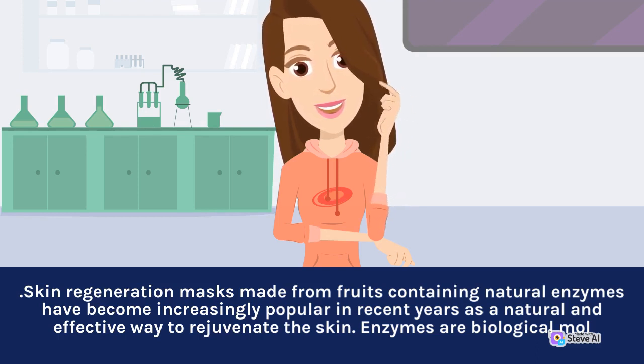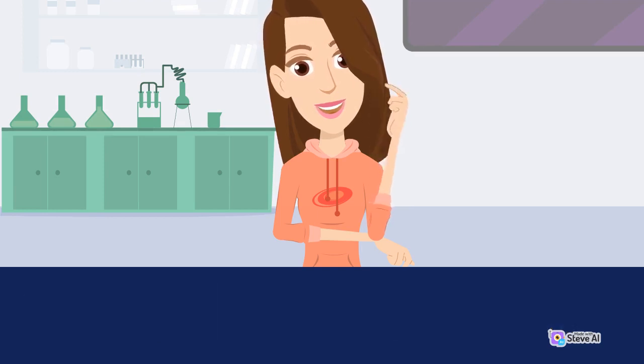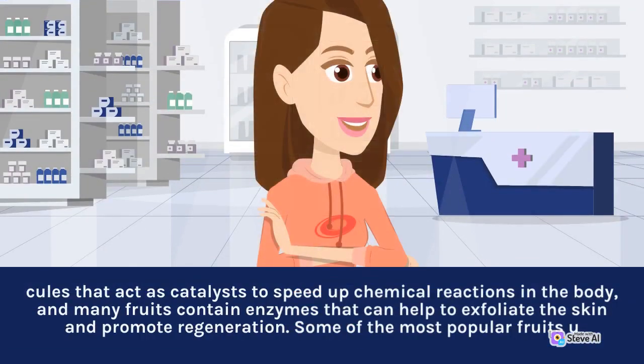Enzymes are biological molecules that act as catalysts to speed up chemical reactions in the body, and many fruits contain enzymes that can help to exfoliate the skin and promote regeneration. Some of the most popular fruits